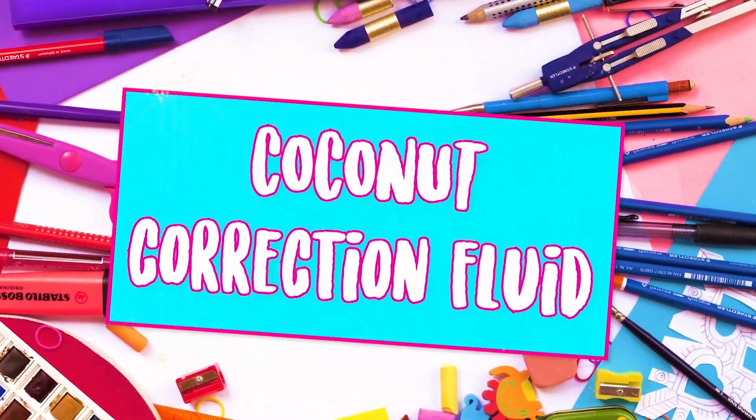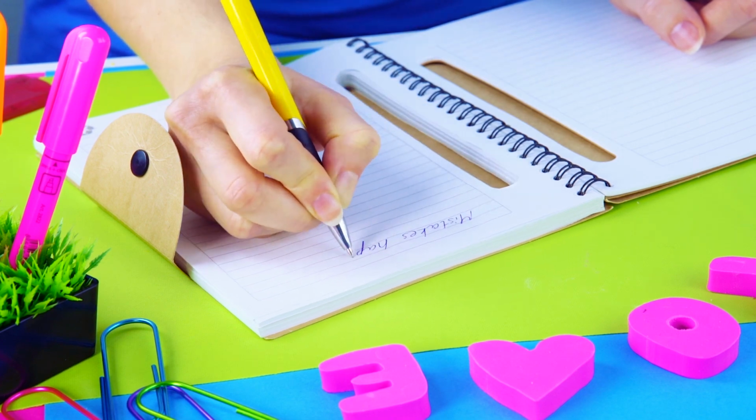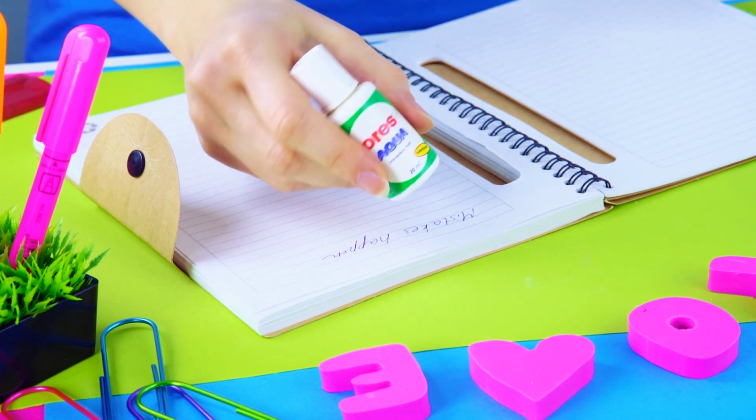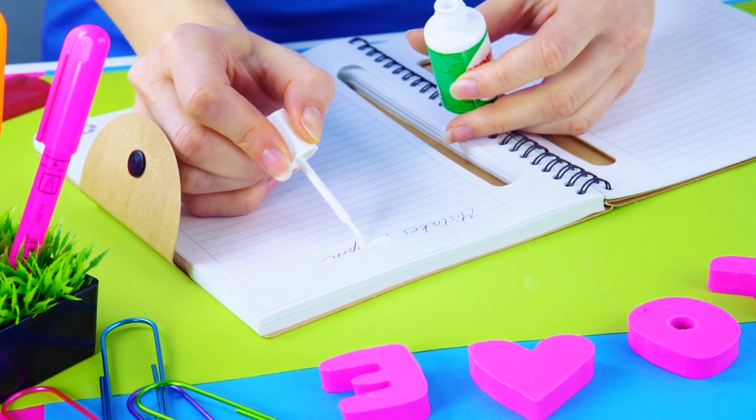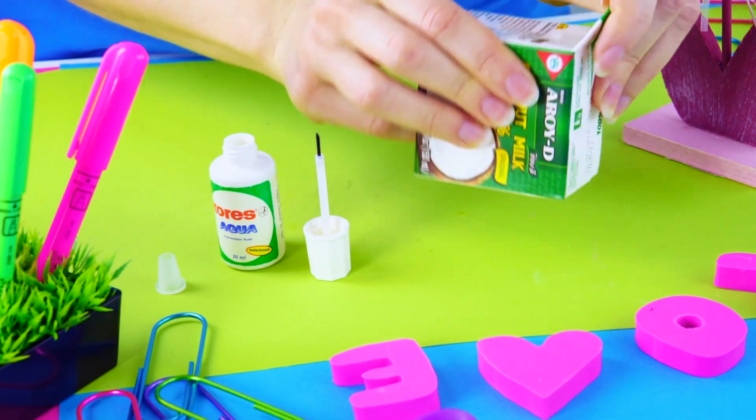Coconut correction fluid. First, take a pen and start by writing a phrase in your notebook. Usually, liquid dry erase will remove any mistakes you might have by painting it right over. But this is where things get funny. Clean out the bottle of dry erase fluid well,